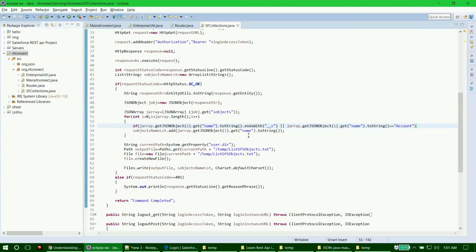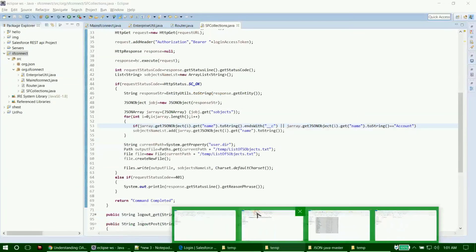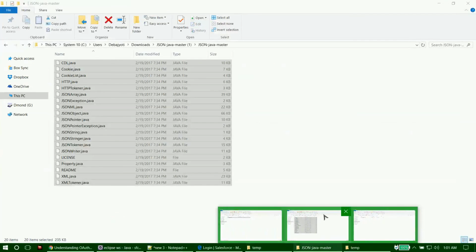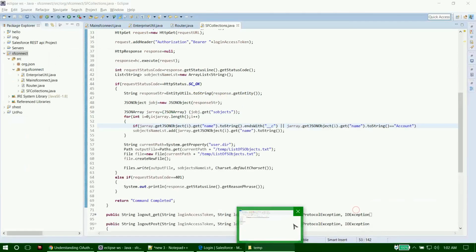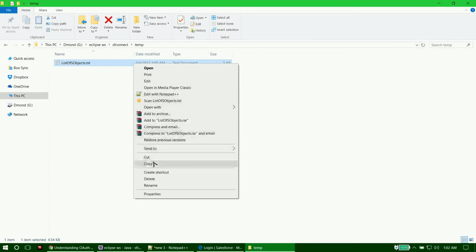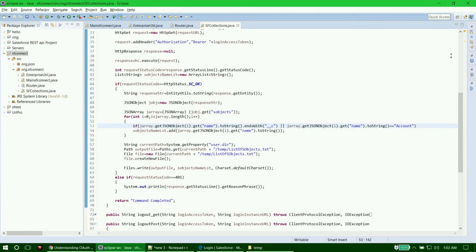So it will add account into the list of custom objects. Now if we try to execute the command again,